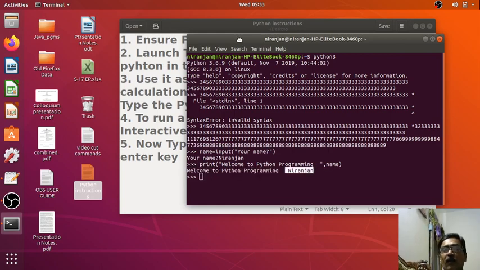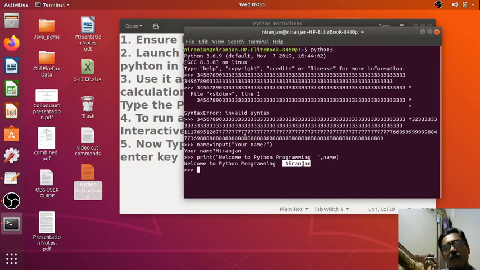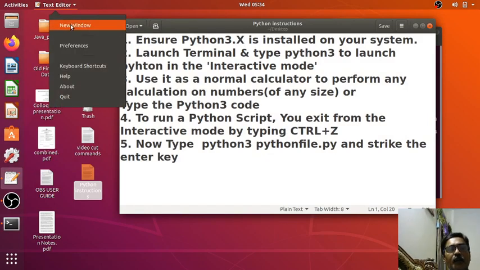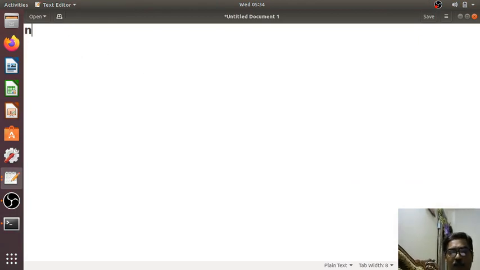So now if I do not want to have this kind of interactive window, instead I wish to store this program in a separate file. So all I can do is open a text editor. I shall open a new text editor. I shall type the same program. Name is equal to input. I shall prompt the user to enter his name,